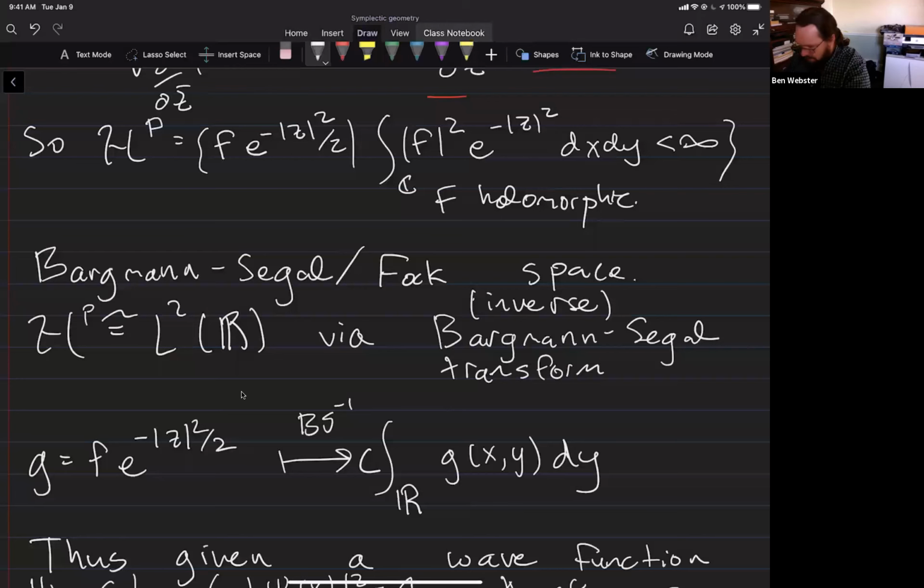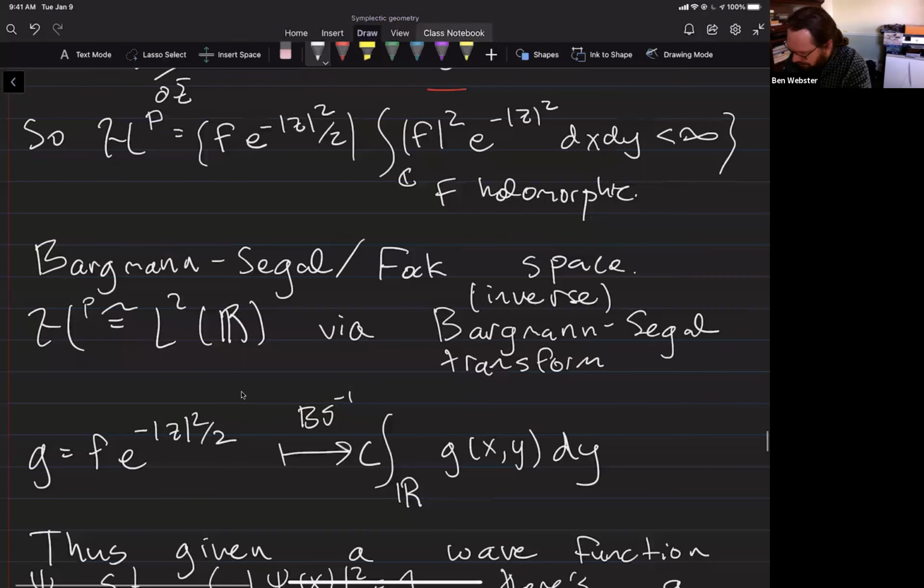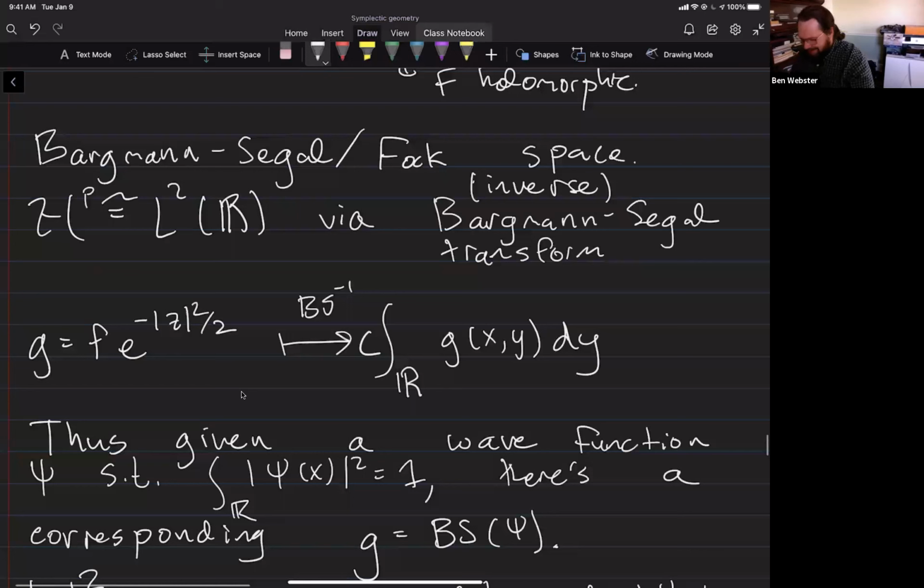In particular, you can turn one of these functions into a wave function, one of the usual polarizations, by integrating over the fibers. And again, I don't feel 100% confident about this. I might have to insert some factors, but I think this is actually right, that I just integrate over the fibers. I actually only learned about this relatively recently. I think it's really cool.